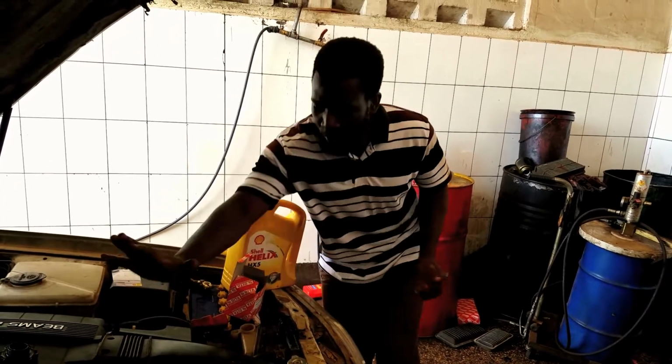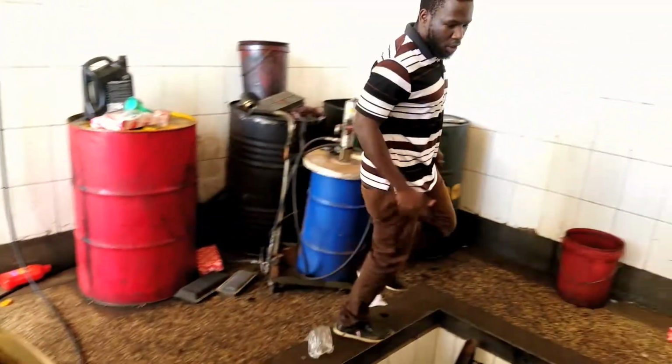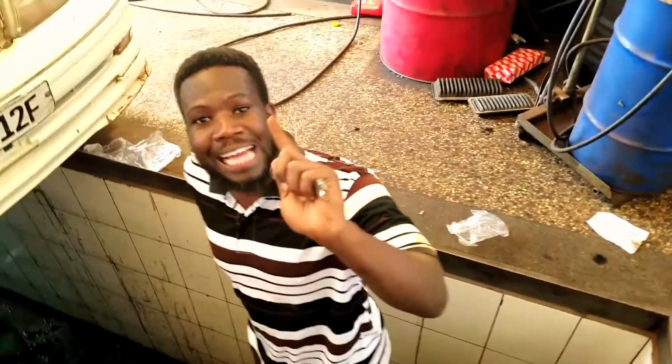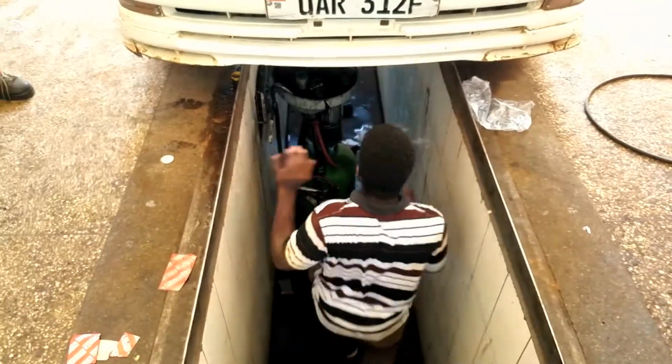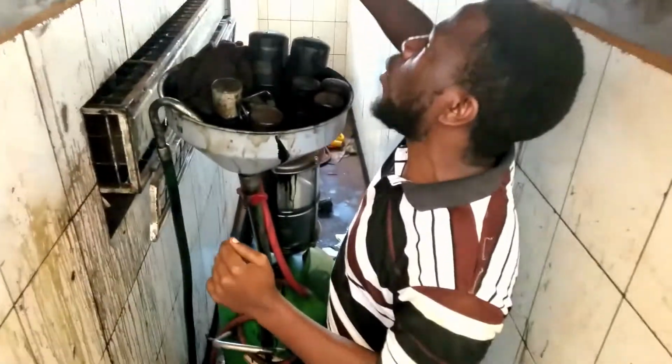We've already opened the cap, so we'll go down here. Come with me. We'll go down here and unscrew the nut. Now remember, at home you will not have this, so you'll have to raise your car using your car jack. You'll go down here and the nut is down here. So what you will do is you'll get your spanner 14 and